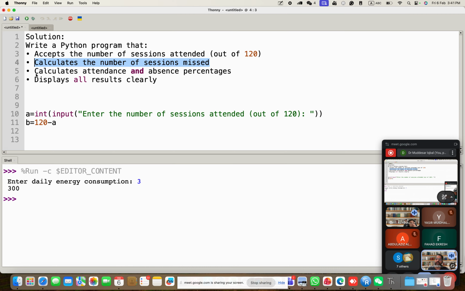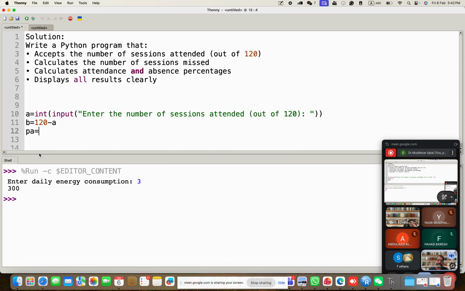The third one is to calculate the attendance and absence percentage. Calculate the attendance, you can write C equal to A. Yes, so you can say percentage. So now attended is A, missed is B. So what percentage you attended and what percentage you missed, right? So percentage A, which means percentage attended, right, is,